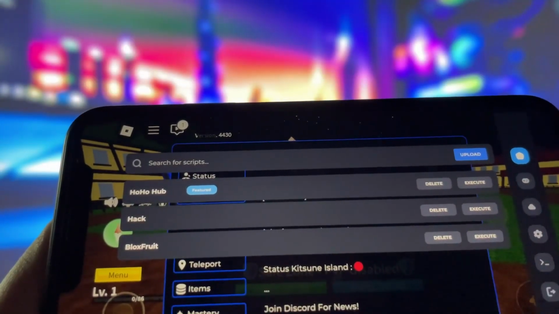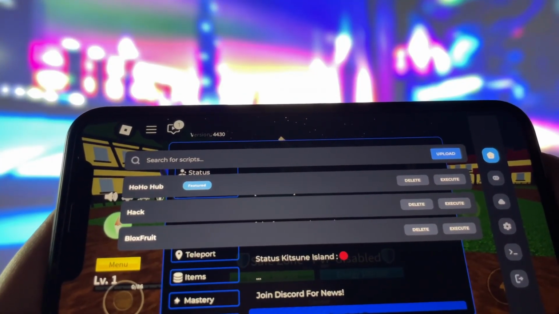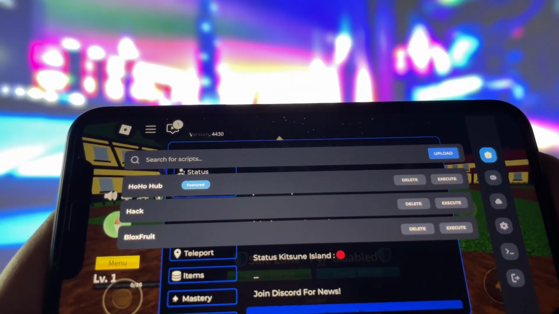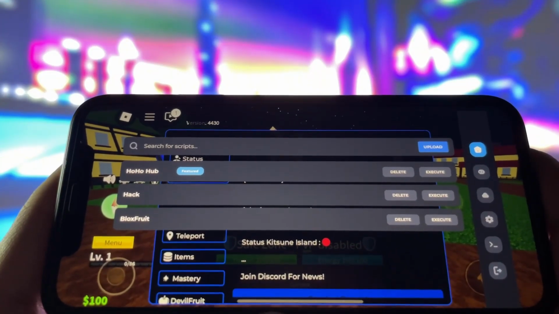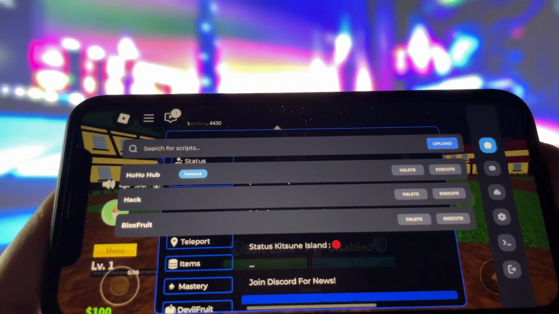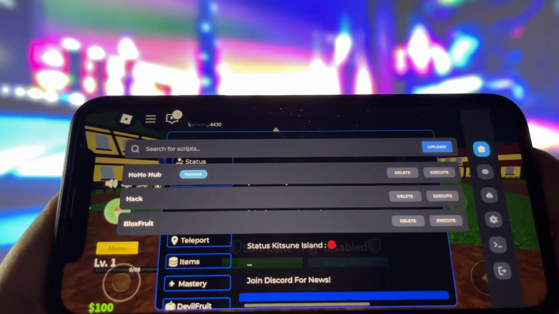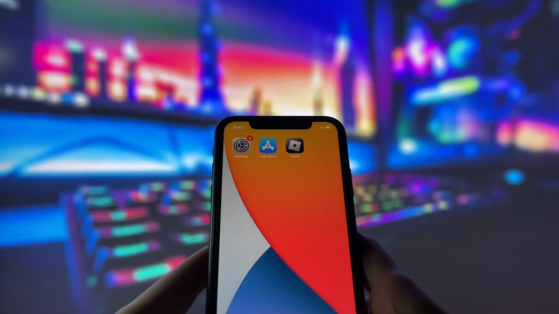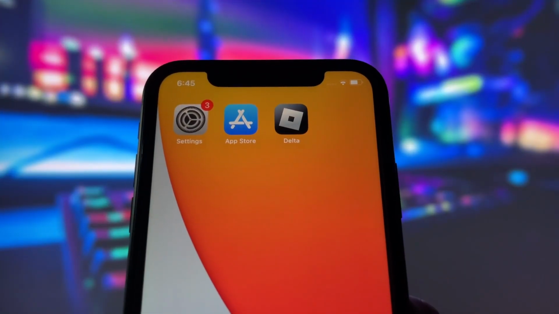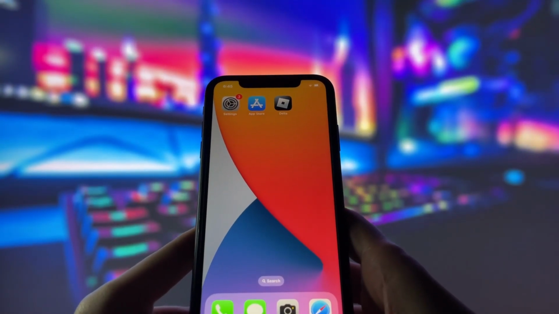What's even better is that you don't need to worry about complicated setups like keys, sideloading, or jailbreaking your device. It's completely straightforward, so even if you're new to this, you'll have no trouble getting it up and running. Throughout this video, I'll walk you through the entire installation process step by step. It's really simple, and all you have to do is watch closely and follow along. I'll make sure to explain everything clearly so you don't miss a thing. So if you're ready to unlock all the amazing features of Delta Executor, stick with me, and let's get started